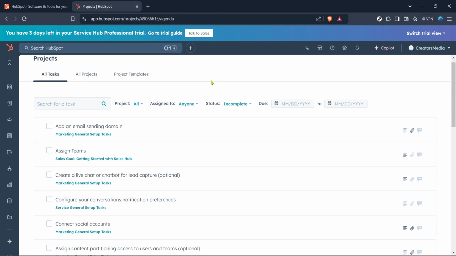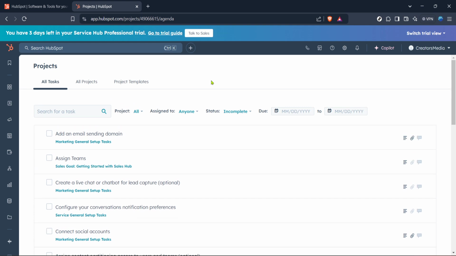There you have it, a streamlined approach to managing your projects in HubSpot. By following these steps, you will have set the stage for efficient project management, helping ensure nothing falls through the cracks. Remember to regularly check your dashboard and update your projects as you go, making adjustments when necessary. This proactive approach is key to staying on top of your goals and deadlines.